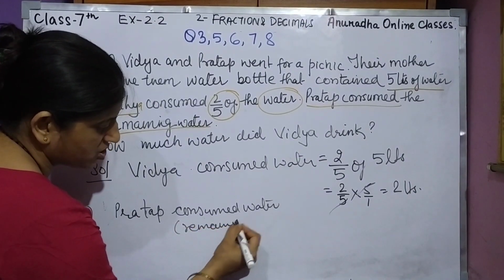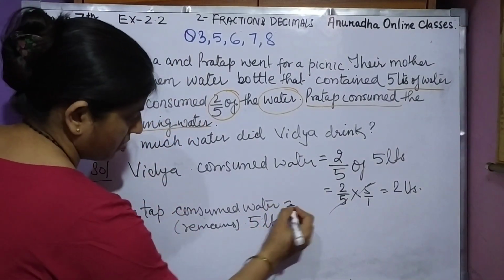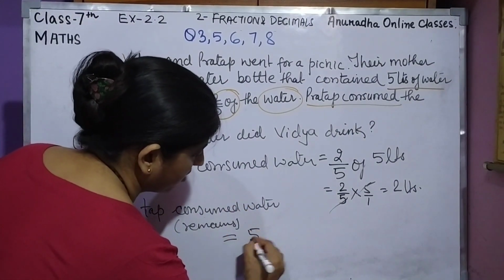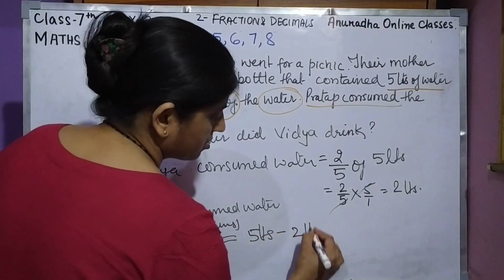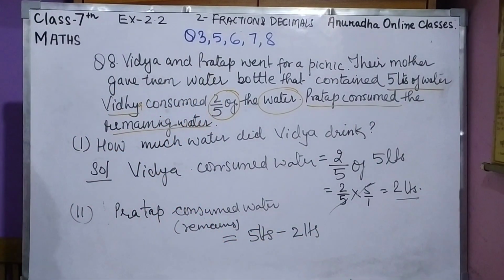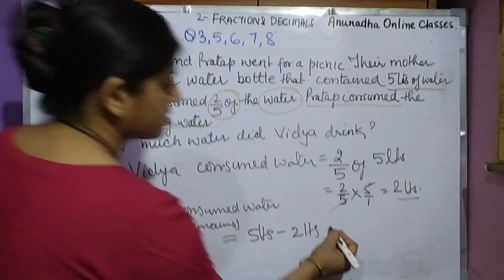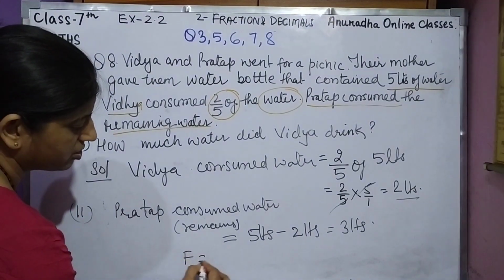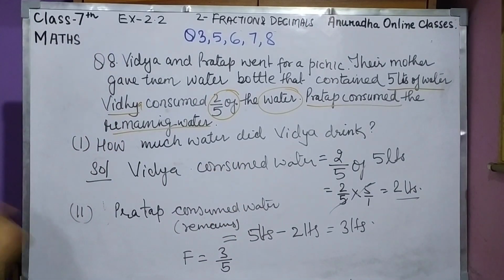अब remaining कितना बचा देख लेते हैं. 5 liters water था total. उसके sister ने कितना पी लिया? 2 liters. We have to find this out. Okay, एक तो ऐसे आप निकाल सकते हो. अगर fraction निकालना है, directly also we can find out. Okay, first we do this one. This is what? 3 liters. ऐसे निकल गया. और fraction क्या होगा? Fraction will be 3 upon total water. एक तो ये तरीका है.